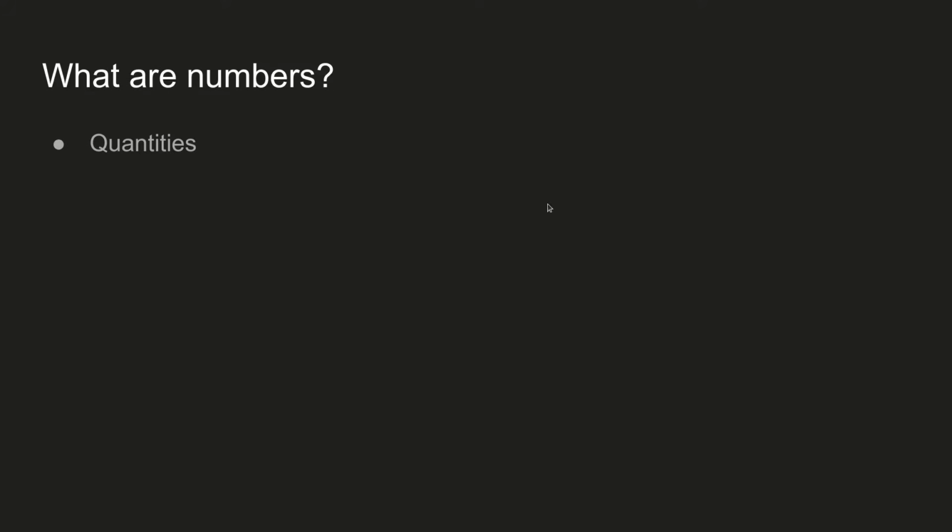Numbers represent quantities. That's the raw part of numbers, is just quantity. We write numbers using digits, like 1, 0, 2, 3, 4, 5, and so on. And a concept that is probably new to you is base, numbers base. The digits of a number can mean something different depending on what base they're written in.